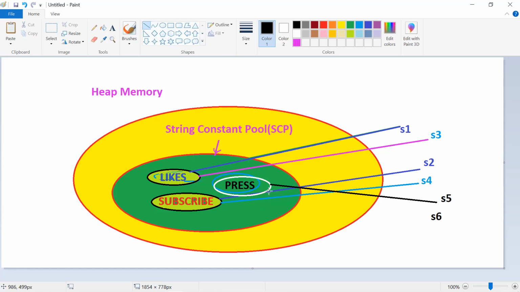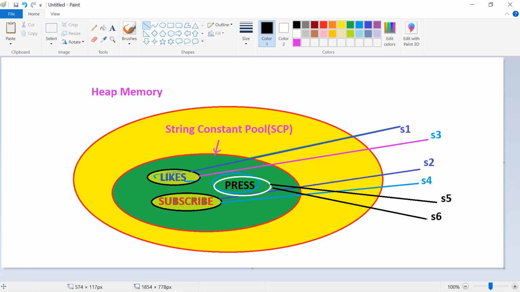They may even ask the question: how many objects would be created? You have to know all these things. There are 6 references, but 3 objects are present. For s3, since the "likes" object was present for s1, we just pass the reference to that object.